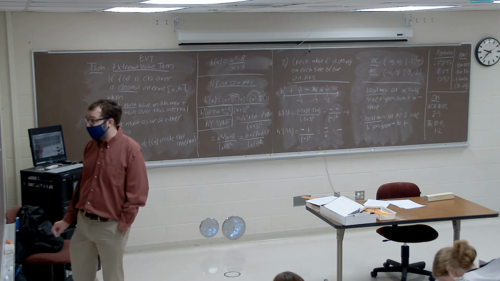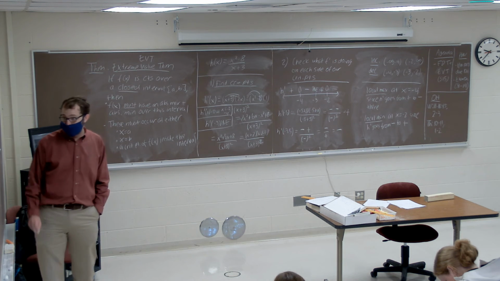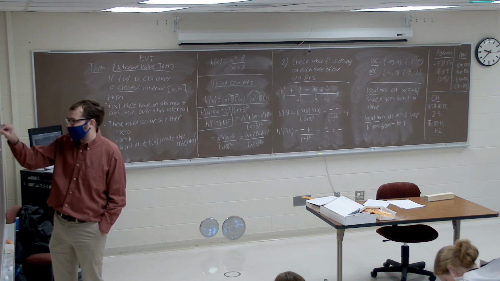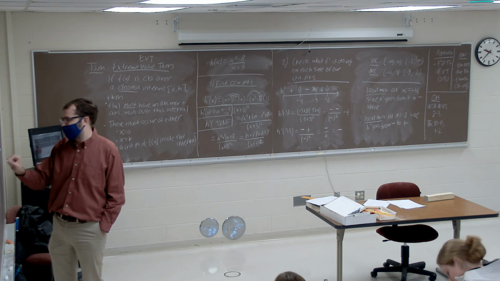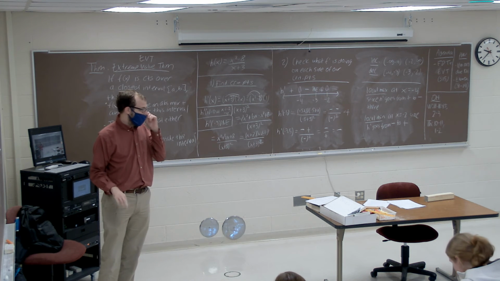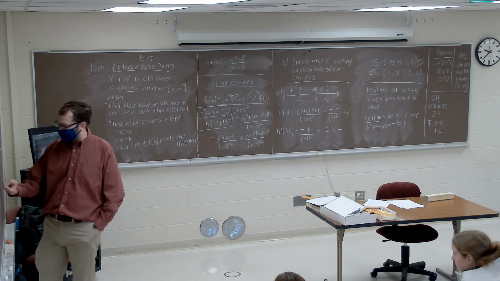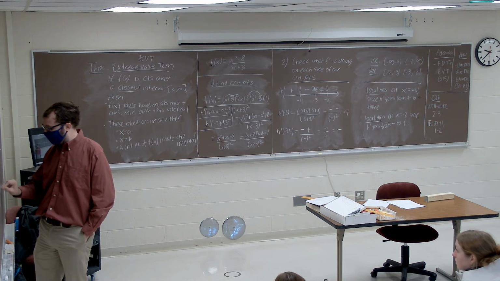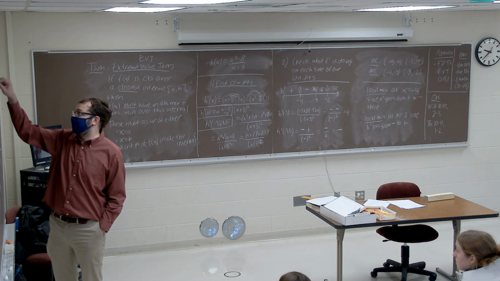We have to check 4 points in this case. Our 2 critical points, we'll call this point C, we'll call this point D, as well as the 2 endpoints of our interval. So if we're only looking at the closed interval from a to b,